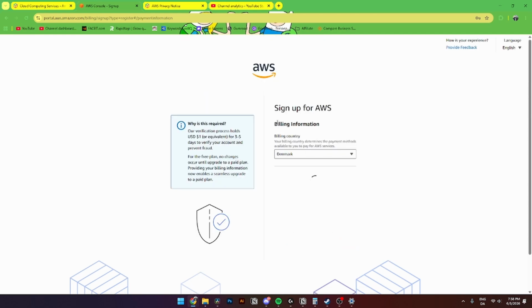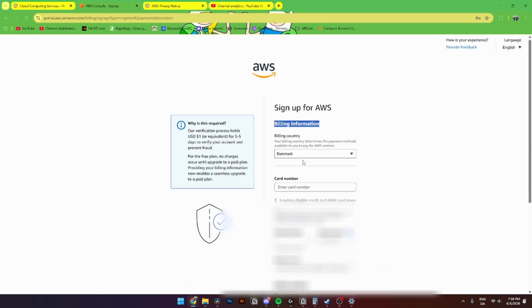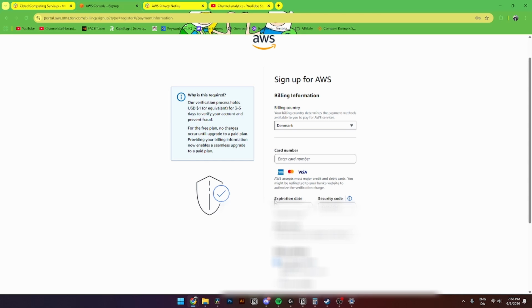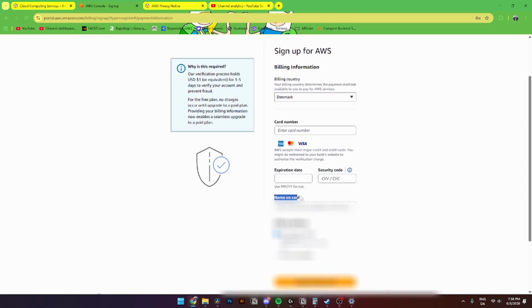From here, you'll need to add in your billing information, where you'll need to add in your card number, the expiration date, security code, name on card, and then you'll need to add the billing address, where you can either use your contact address right here, or you can use a new address if you want. From here, you'll simply need to click continue, and then you'll need to follow through with everything AWS is going to ask you,